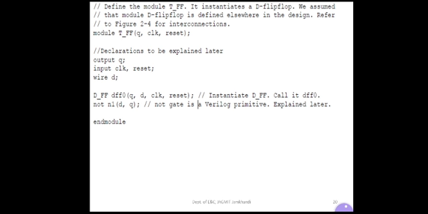The NOT gate is a Verilog primitive that will be explained later. We are just concentrating on what is an instance and what is instantiation. So DFF0 and N1 are the instances here, and we are doing the instantiation, and we have defined what instantiation is in the previous slide. So after defining this, end the module. This is how we are going to do the instantiation.